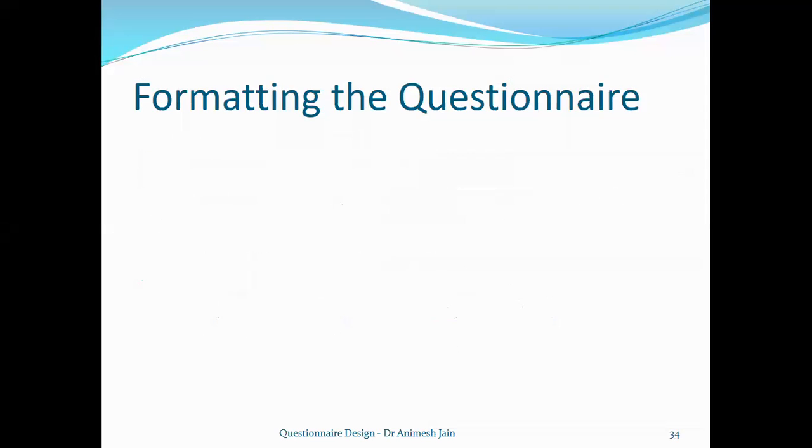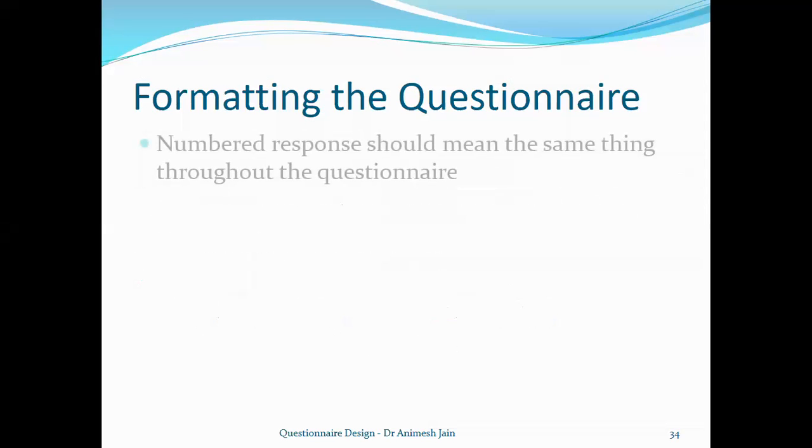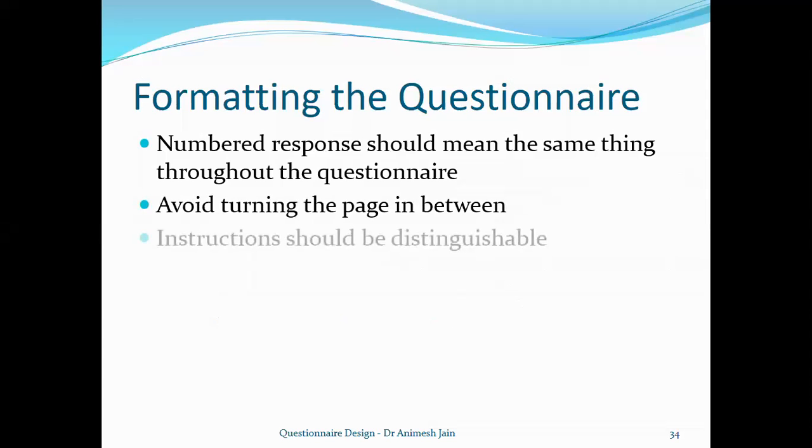Use a print and interface that is easy to read. Okay, so that's again important. And this is very important. Many times you will have certain questions in the beginning where you say yes, no, don't know, so 1, 2, and 3. And later, after say question number 5 or 6, you go into some other types of questions, and then you come to number 16 and you say yes, don't know, no. So participants get confused. So keep the same thing: 1, 2, and 3 should be in the same order throughout the questionnaire. Try avoiding turning the page halfway through, whether it's the question halfway through or the options halfway through. It should be continuous, so try formatting it that way.